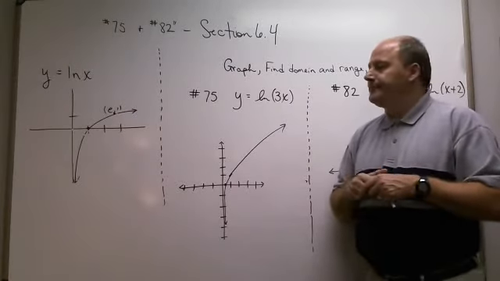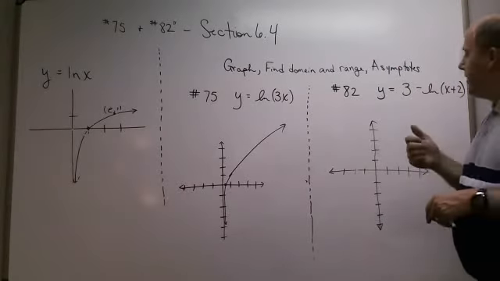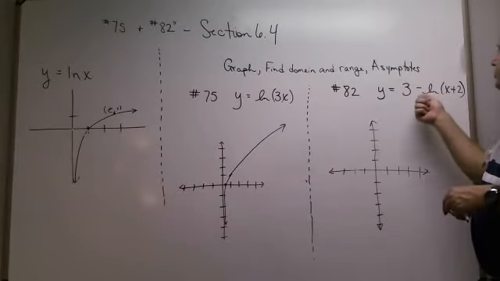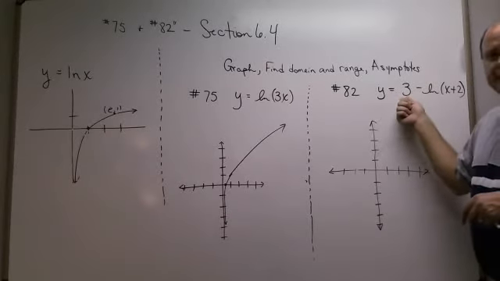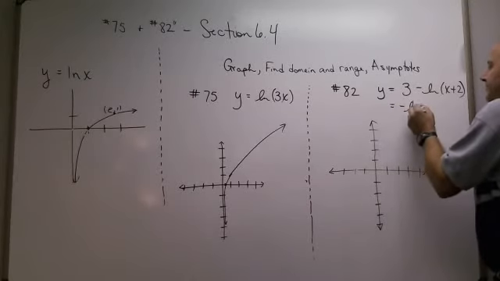This is what they look like. Now on number 82, we have done these. This one here is the negative natural log of x plus 2, plus 3. So what this is going to do to the graph, first of all, I would rewrite it this way,